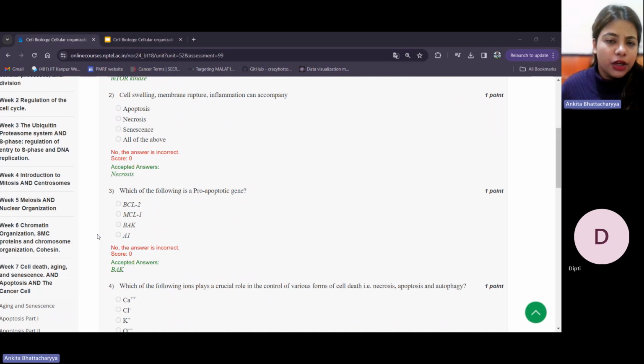So just to briefly put it, apoptosis is something that occurs in a very organized manner. It is otherwise understood as programmed cell death because the cell is keeping a lot of checkpoints in place and is carrying out the process of cell death in a manner which does not cause harm to the surroundings, which does not elicit any unwanted or unnecessary side effects upon cell death, and which is a necessary process also in a lot of contexts. For example, in development, it's a very desirable, very necessary process for development to occur in a proper manner. So that is apoptosis.